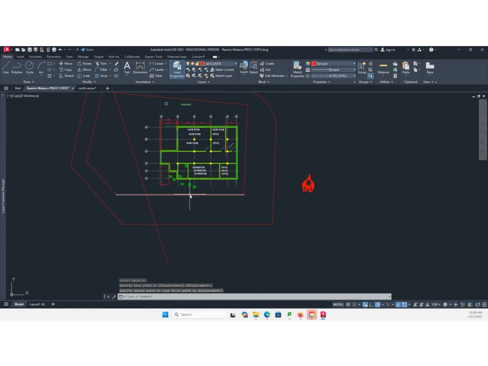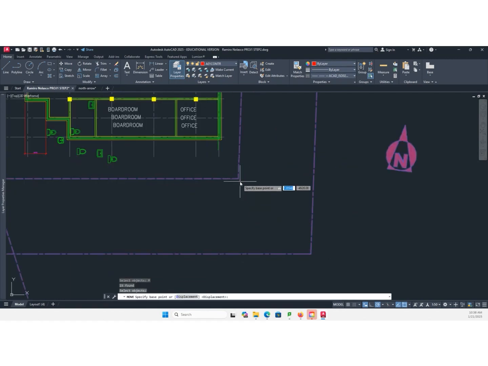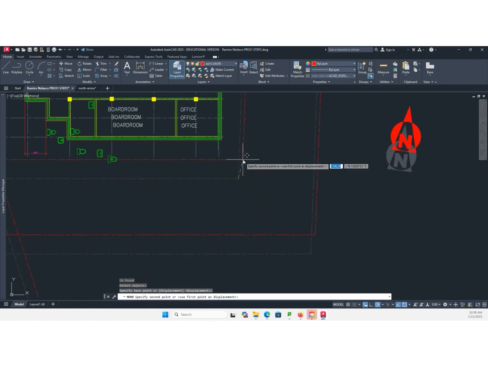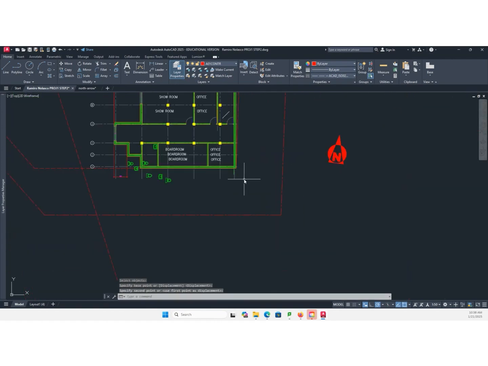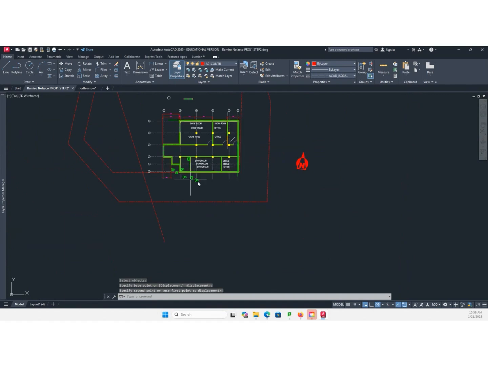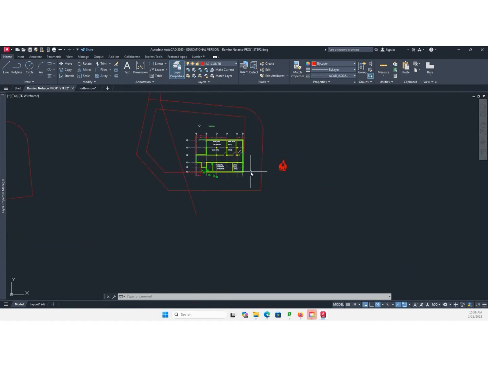So this is the buildable area. For your class, move from this corner to that corner. So that's the buildable area. You cannot build on the front of your building.